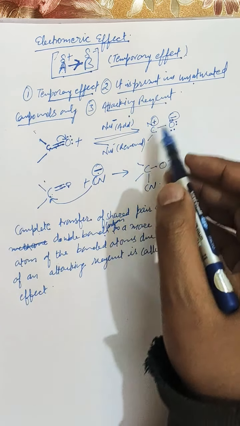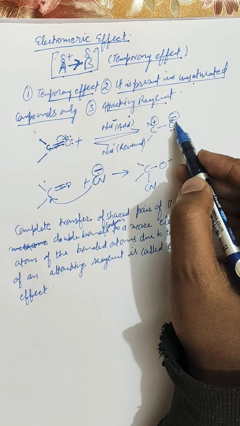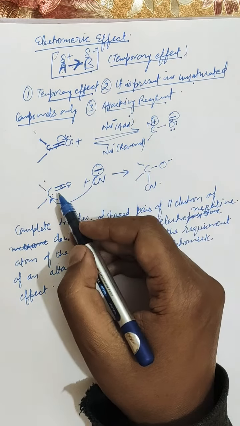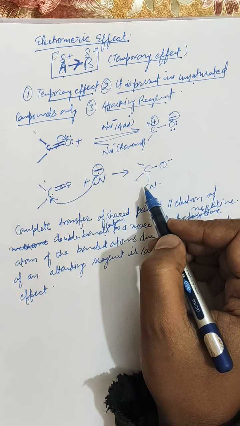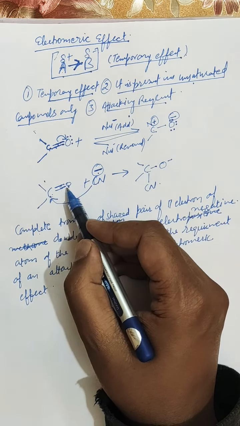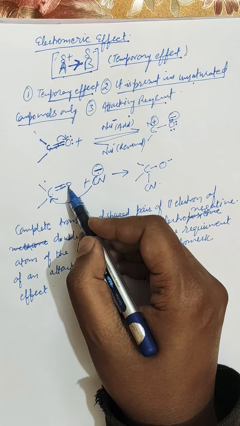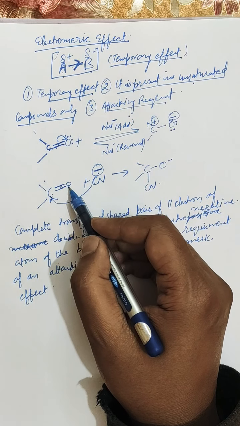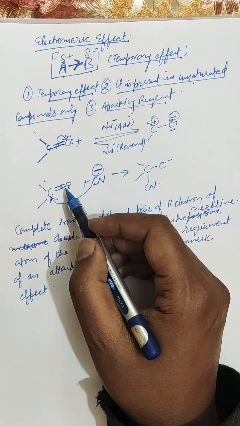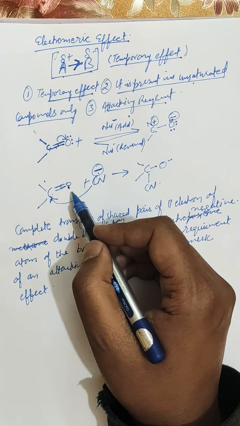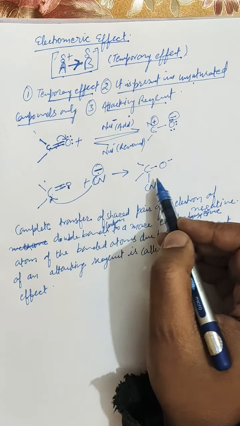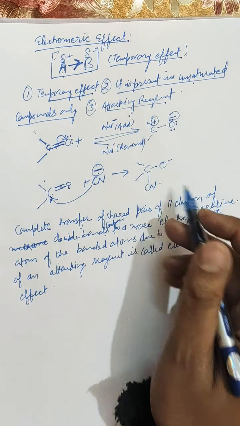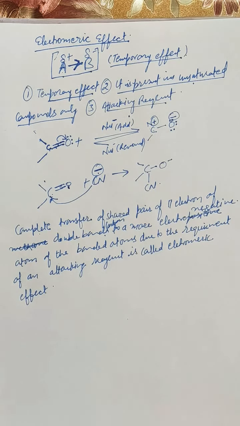So here see that carbon is positively charged and oxygen is negatively charged due to this. Practically, if we add the cyanide ion to the carbonyl compound, it will attach to the carbon part of this carbonyl compound, not the oxygen part. Why? Because carbon is electron deficient due to less electronegativity as compared to oxygen. So it will result in the displacement of the pi electrons toward the oxygen. So it is a temporary displacement. When we write the complete reaction, there will be something more to write that we will take later on.